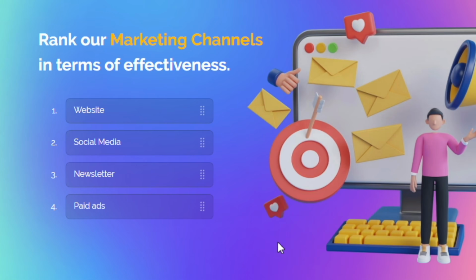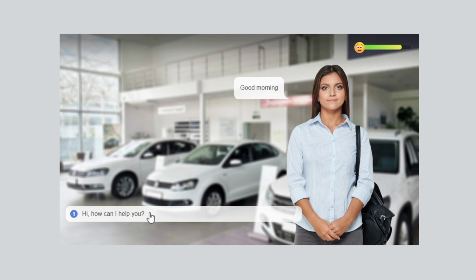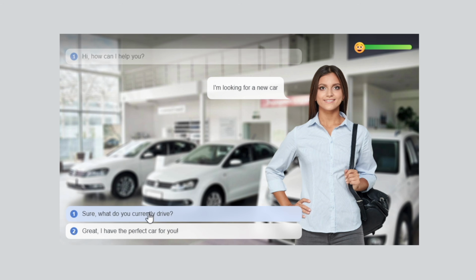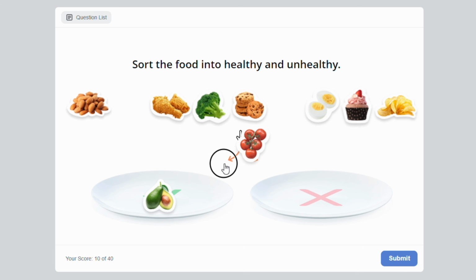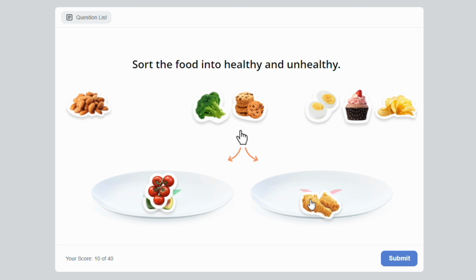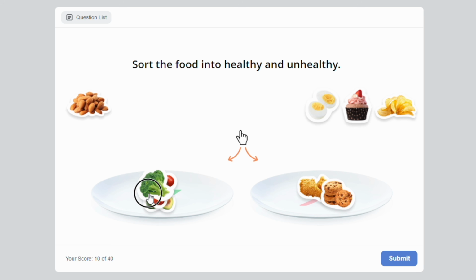And that interactivity allows you to make quizzes to test the knowledge of the audience. But you can also add role plays to train your people for certain scenarios they might encounter in their job. Or you can even make interactive games to see if people have really understood what you're teaching. Now, of course, these are just some examples, and it's only the tip of the iceberg of what is possible